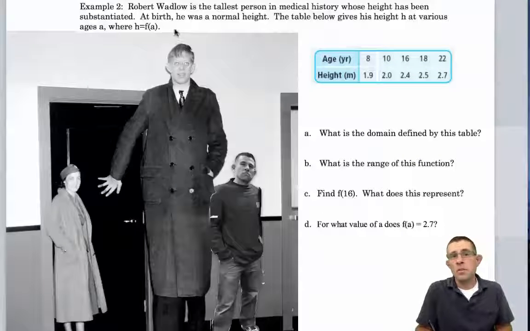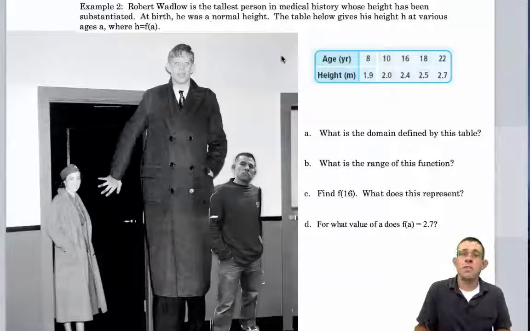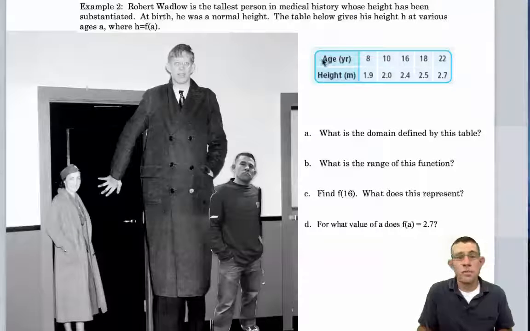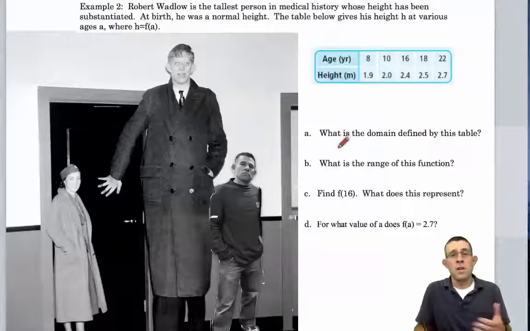In example number 2, we were given some information about Robert Wadlow, who is the tallest person in medical history. This table shows us 2 rows. We have the row of his ages, and the second row is the height in meters at those particular ages. So let's see if we can glean some information and answer some questions regarding Robert Wadlow,